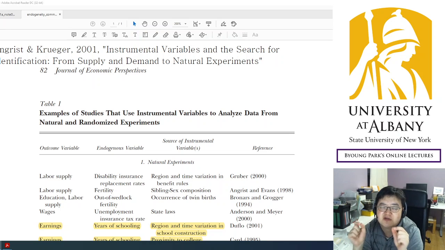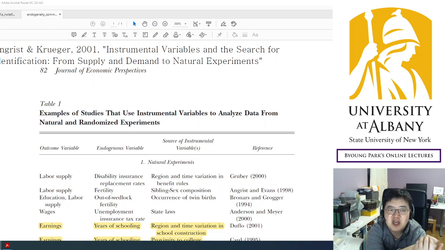The relationship between high education and high unobserved characteristics could cause bias. And one simple way to fix it is to find an instrumental variable that affects education,